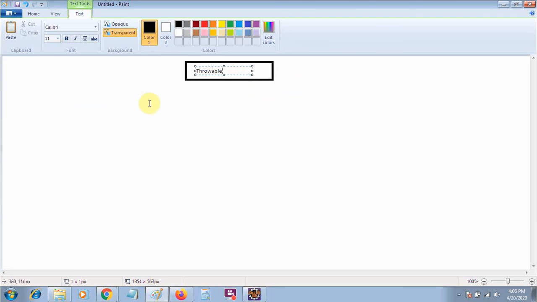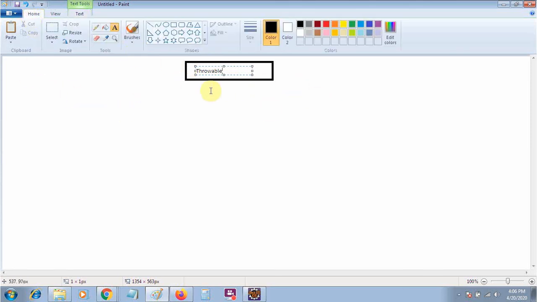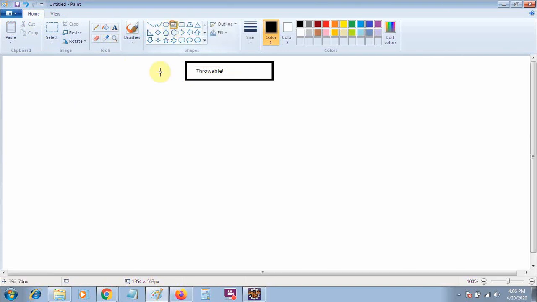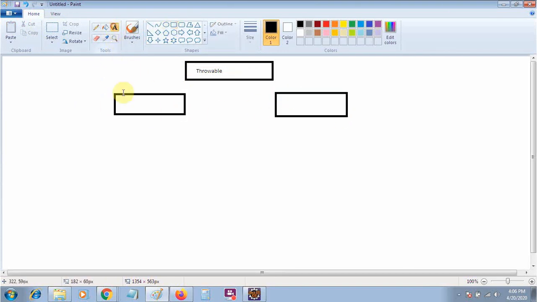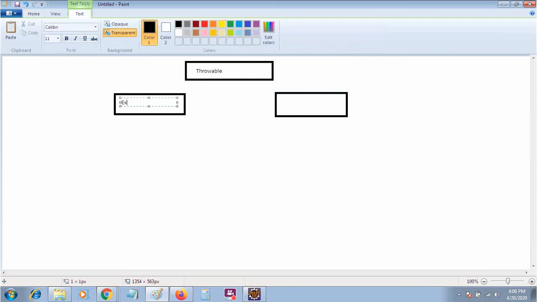Now inside the Throwable, there are two things. First will be Exception, and second will be Error. Now inside the Exception, there are four kinds of exception.